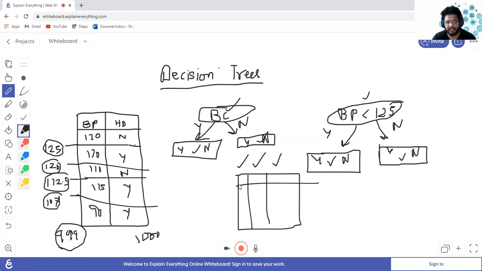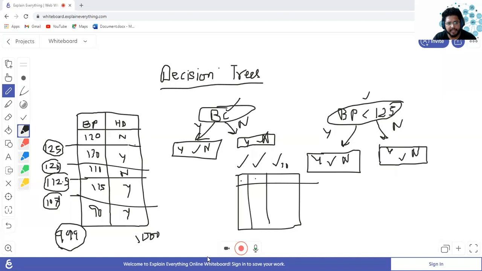But when there is binomial or categorical data, I am calculating the Gini impurity of the columns only. So at max, how many columns will I have? 30, 40 columns, not 1,000 columns, right? So that is a comparatively easier Gini decision tree to build. Okay, so this is the difference between numerical and categorical data.